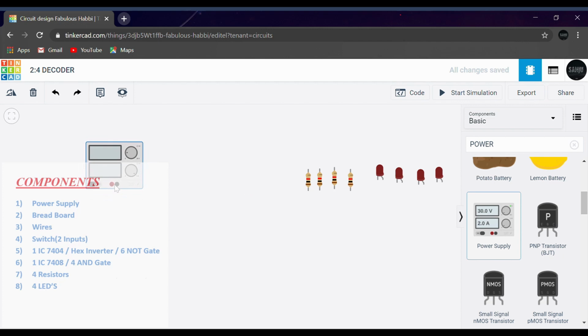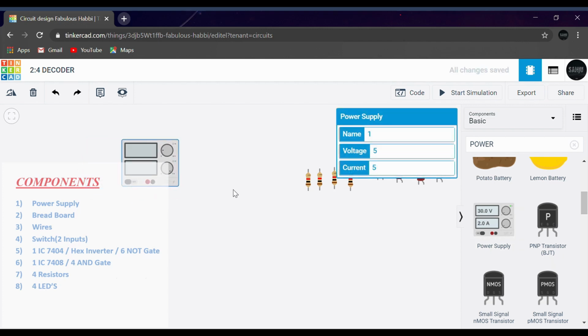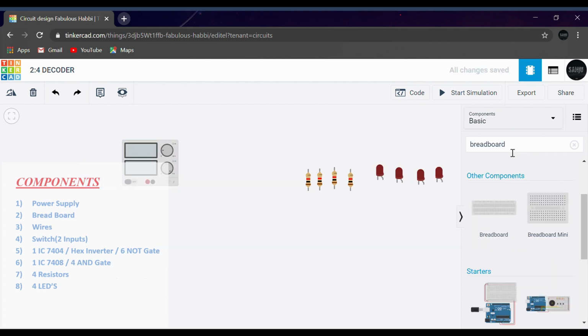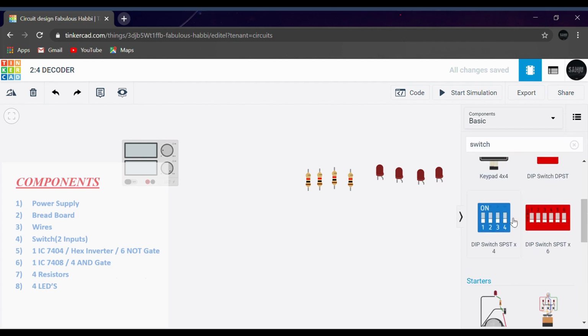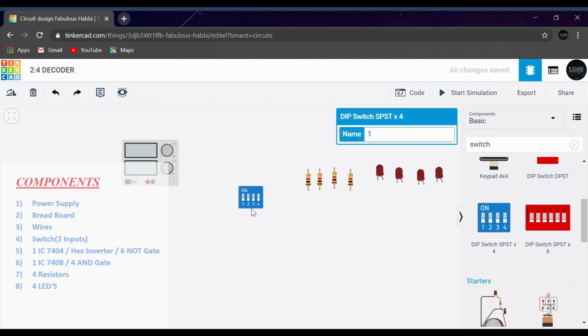I'll click and drag it and place it. Next we need switches for our 2 inputs, and here we will get this switch. This switch contains 4 inputs but we need 2. You can even see a 6 input switch. We can use that too, but 4 will be sufficient for us.